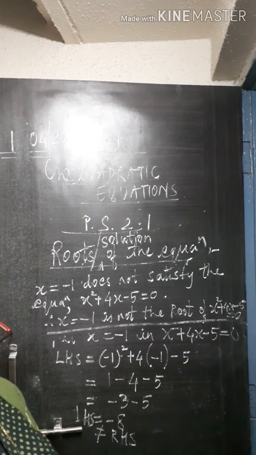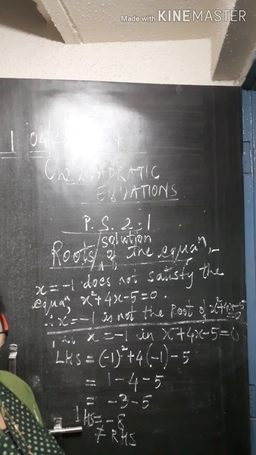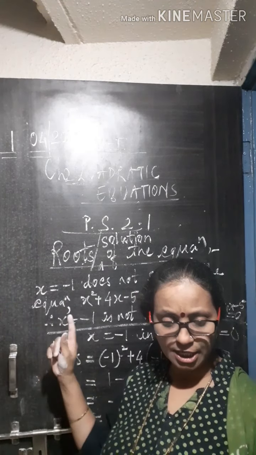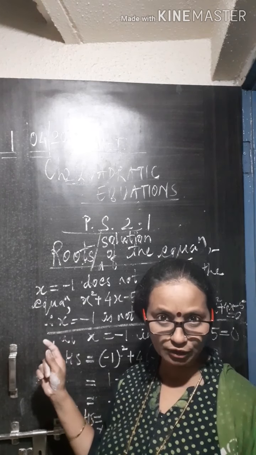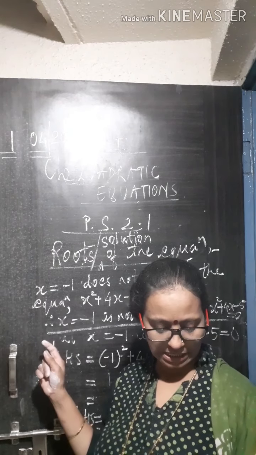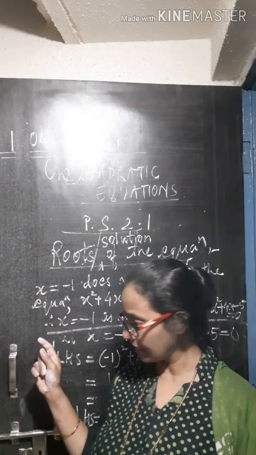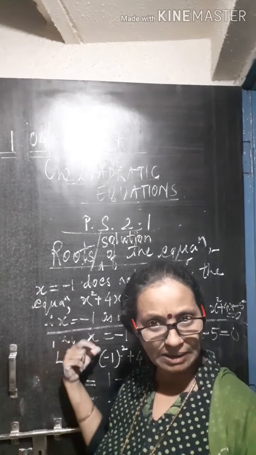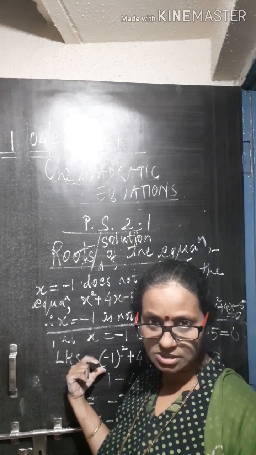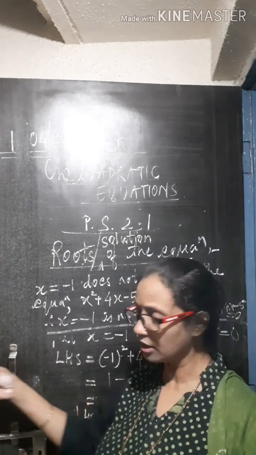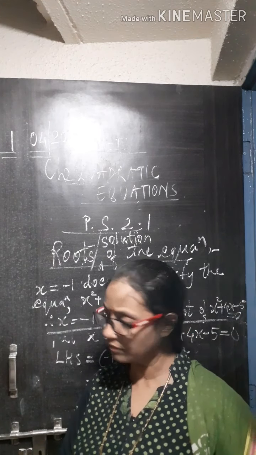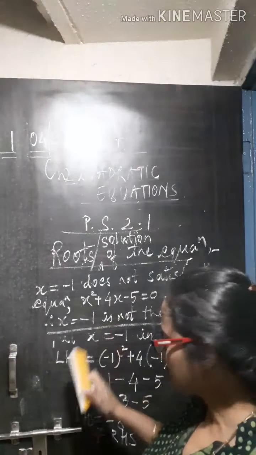So this is the way you are going to solve the fourth question. This is the first one we have done. In the fourth question, the second one, in a similar manner you are going to solve it. Is that clear? So shall we do the second one also? You can pause the video and try the second question. Meantime, I will solve and keep the solution so that you can check and compare with it. Check your answers. Second question I will also solve now. I hope you have noted down all this. Shall I rub it?